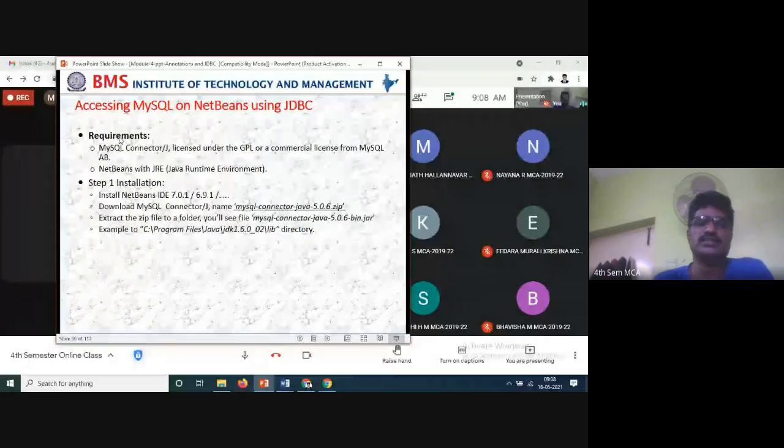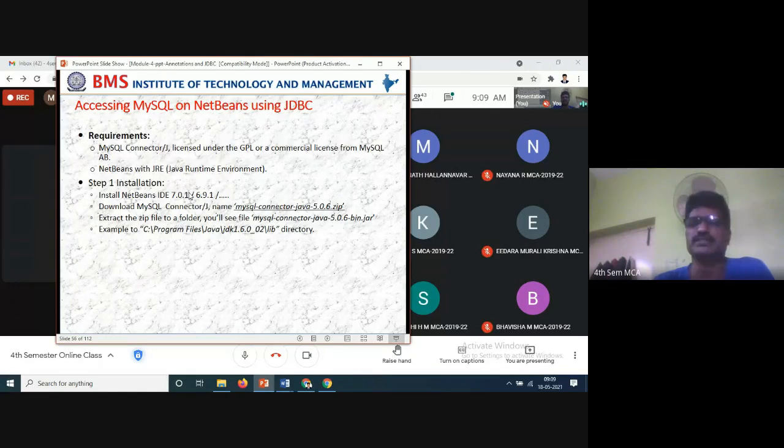Step one, install NetBeans. We have already installed it on your systems, and any version will do, for example 7.0.1, 7.0.2. Ours is 7.0.6. Whatever it may be, install some version which supports your system. Next, download the MySQL connector.